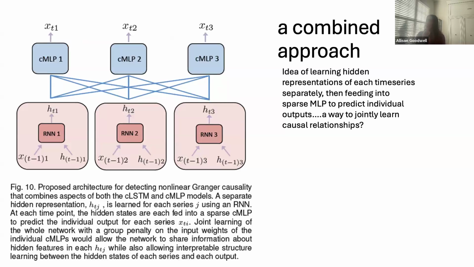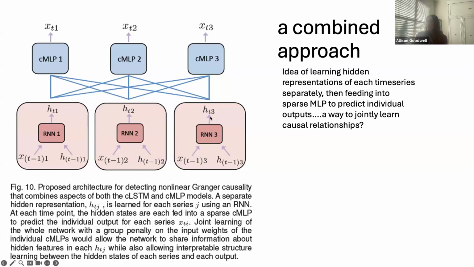And then at the end, they propose a combined approach that basically involves both the recurrent neural network and the multi-layer perceptron. I think the idea is to overcome the aspect that right now what they're doing is just having a totally separate model for each output. So each output has its own LSTM, and then you have a set of weights that determines causality. And here it's a little bit more connected, because what you would do is basically